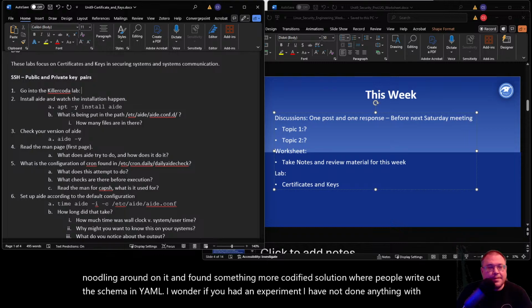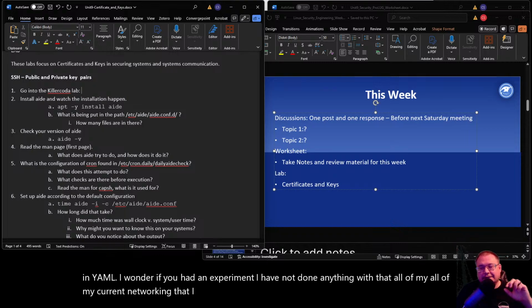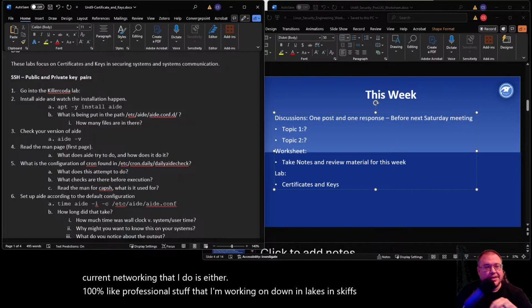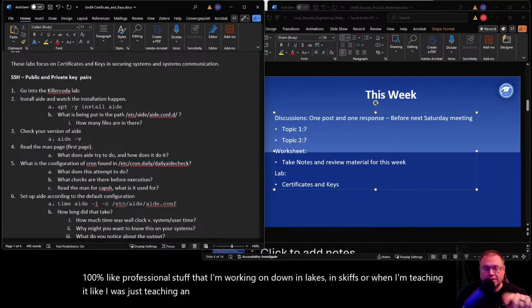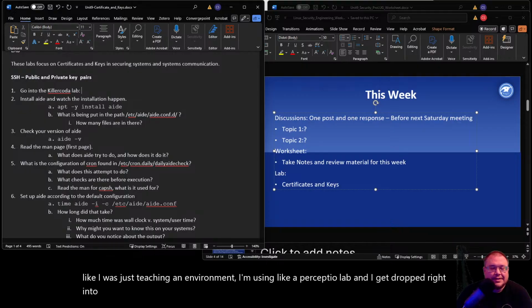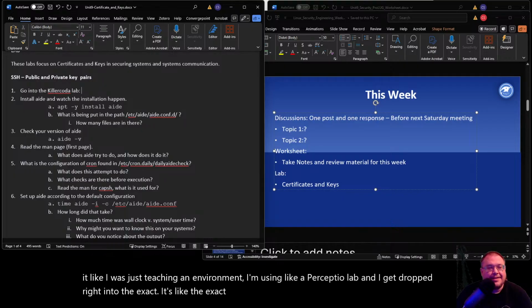All of my current networking that I do is either 100% professional stuff that I'm working on down in SCIFs, or when I'm teaching it, like I was just teaching in an environment, I'm using a Percipio lab and I get dropped right into the exact lab environment that I need for all my devices.